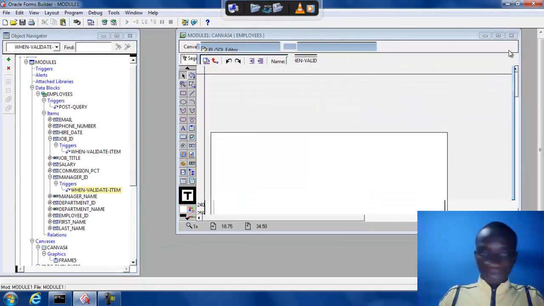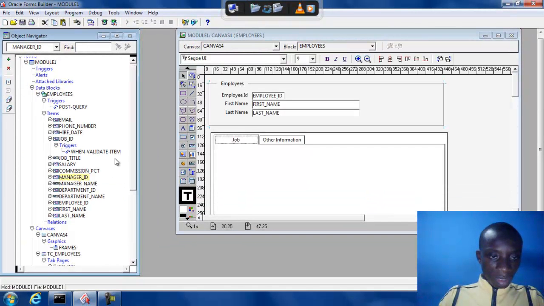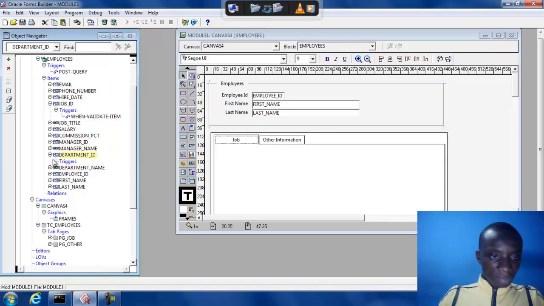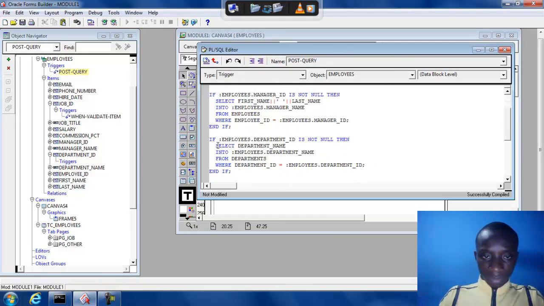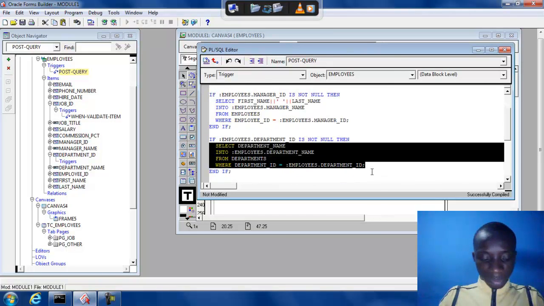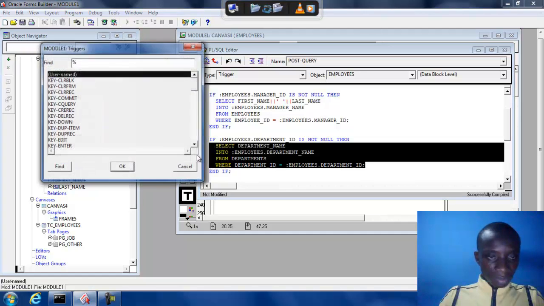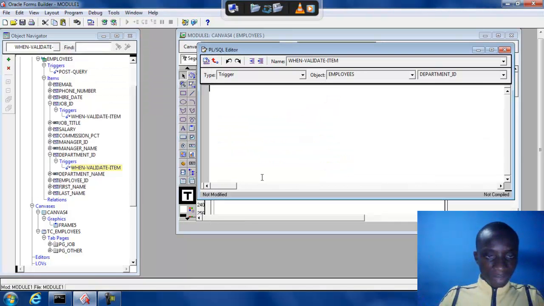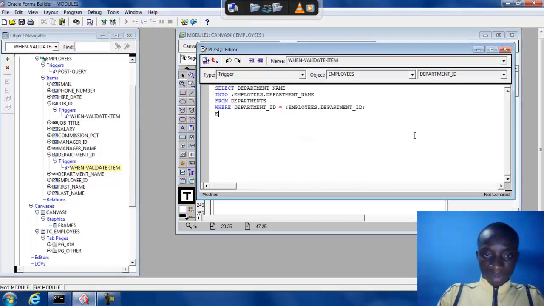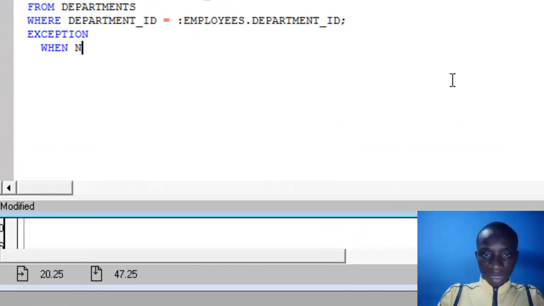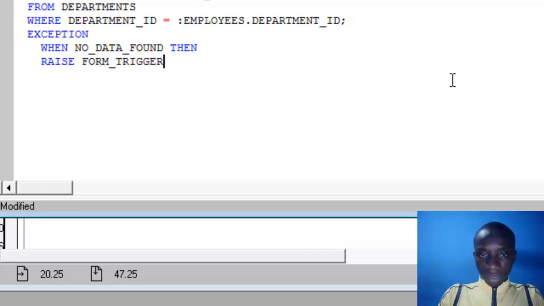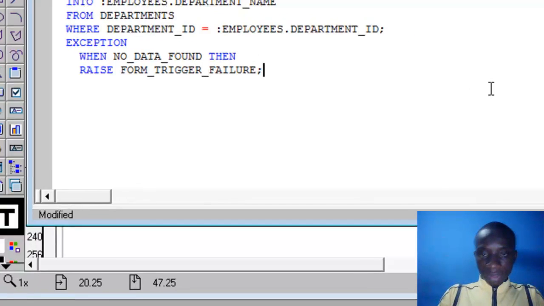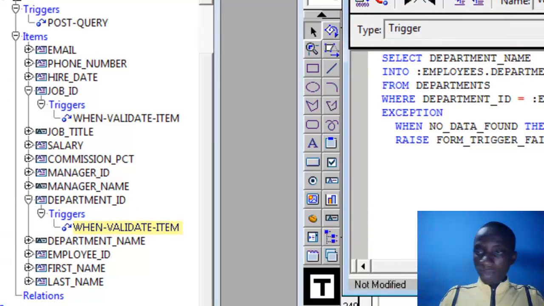I compile, and I can do the same also for department ID. Let's copy this and validate item, add my exception when no data found then raise form trigger failure. Okay,